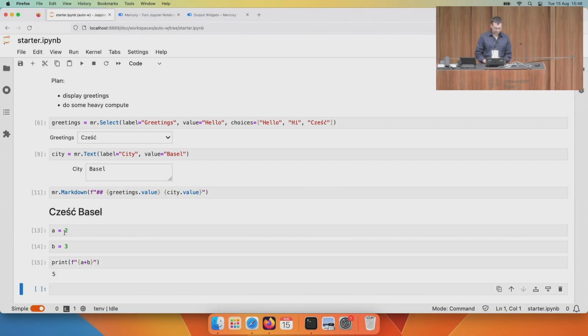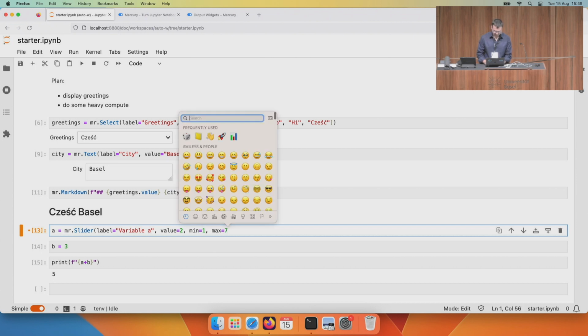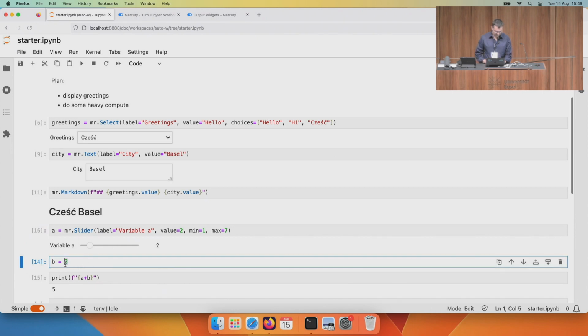5. Okay, and let's turn the variables into the widgets. So we can turn the A variable into the slider widget. Slider label will be variable A. Value, default value was 2. You can set minimum and maximum. Minimum 1, max will be 7. No, not yet. Okay, we have variable A, and let's turn the variable B into numeric